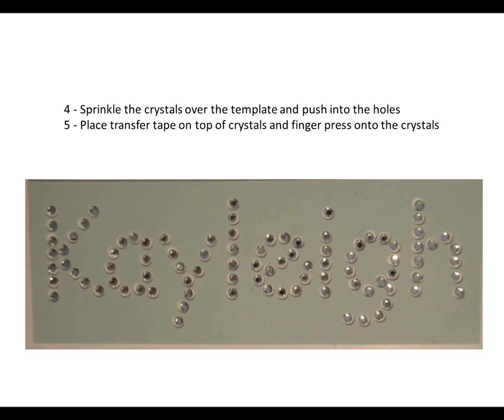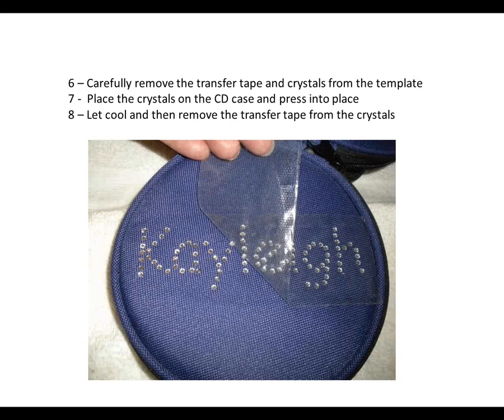Then I'm going to put my backing board over a box that can catch any of the crystals that might fall away, and I'm going to then sprinkle my crystals over my template. I want to push them into the holes, making sure that the crystal side is up so I can see that it's really pretty. And then I'm going to take a piece of the transfer tape, I'm going to lay it on top of the crystals and finger press them to that transfer tape. I want to make sure that every crystal sticks to that tape. So when I peel that back, it's going to pull the crystals with it,